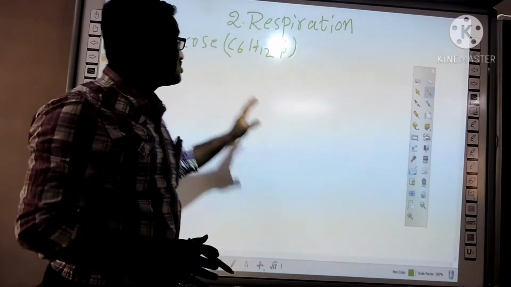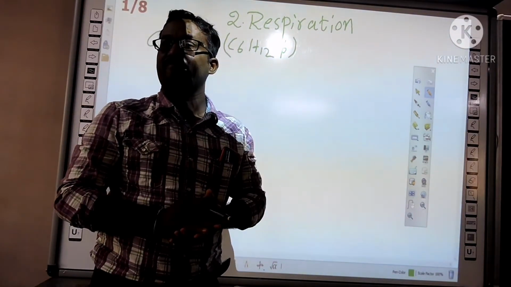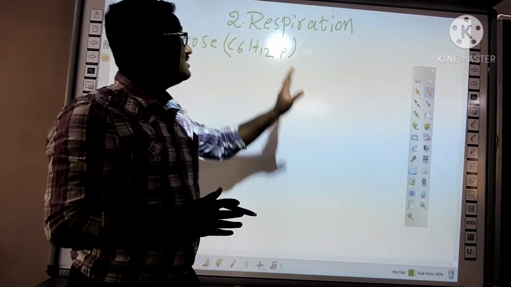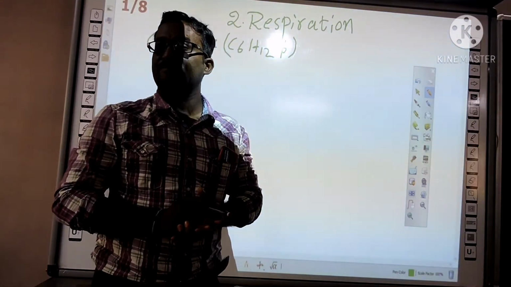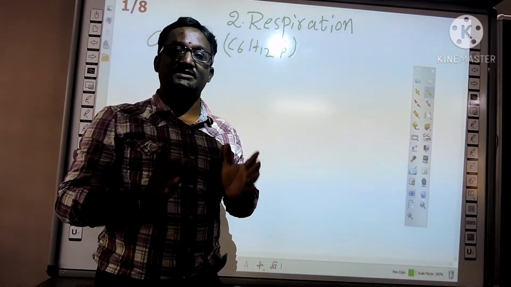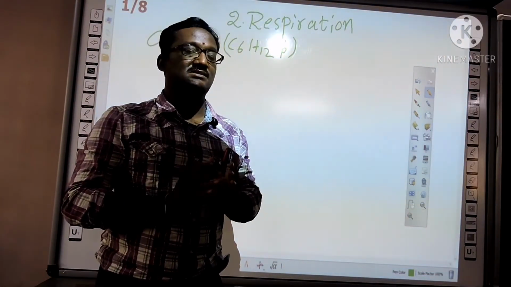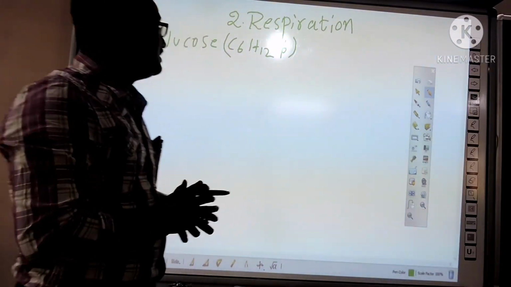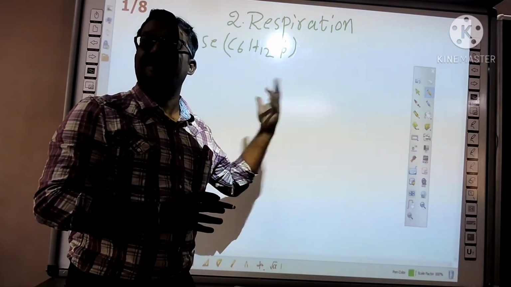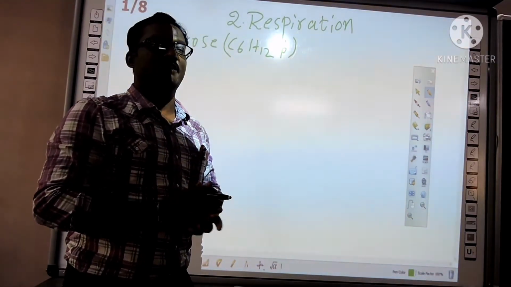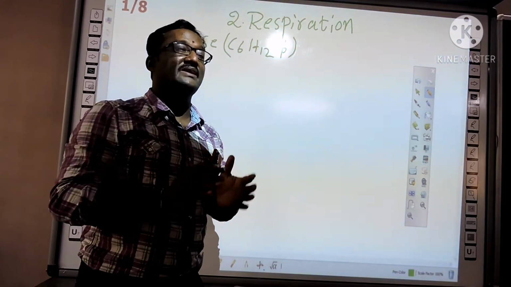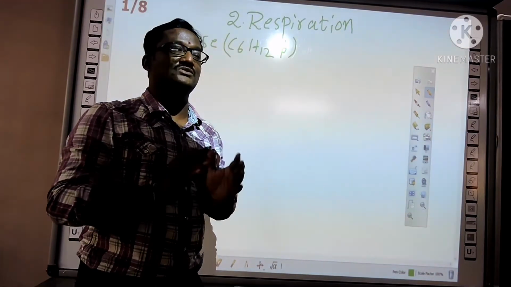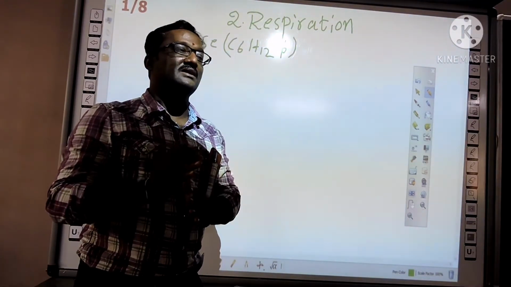All living things use this glucose to carry out their life processes. So how is the energy stored in the glucose released? The process involved in that action is the respiration process. Understand? In every living thing, energy is released by the respiration process. So let us discuss this process in detail. Respiration is a process of producing energy from glucose in the presence of oxygen, producing carbon dioxide and water along with energy.